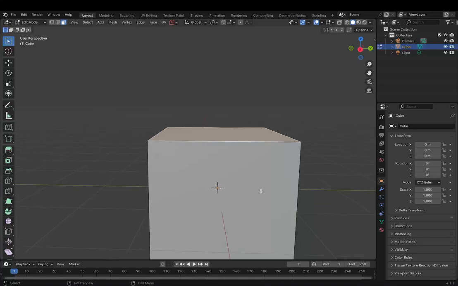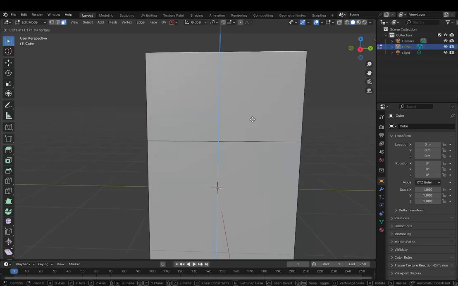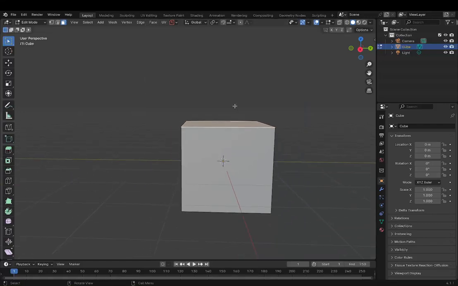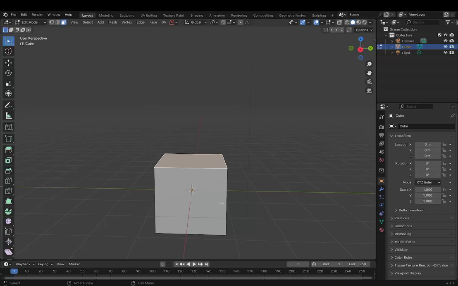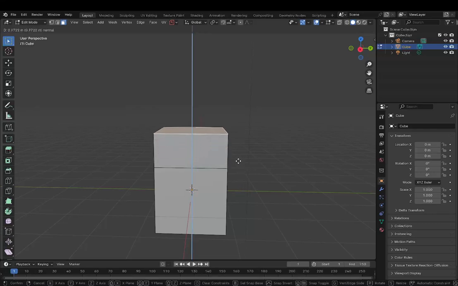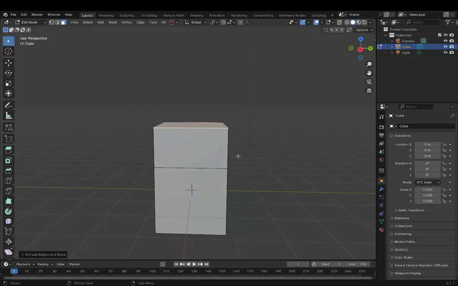We would use the second tool also, which is extrude, which basically creates another layer, you can say, on top of the old building. By building, I meant cube or whatever object you have here. So if we wanted to make a house, we could press E to extrude this just a bit.